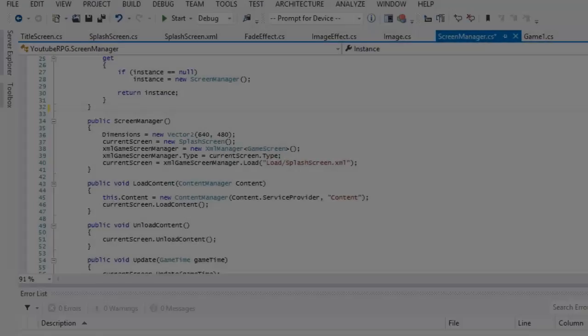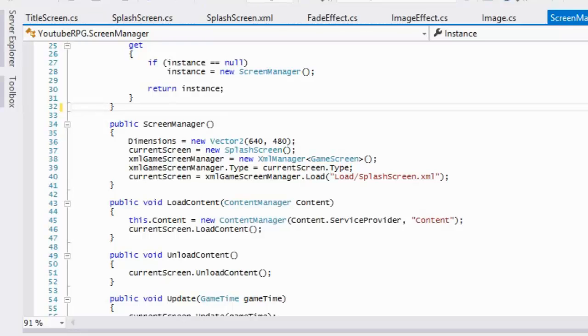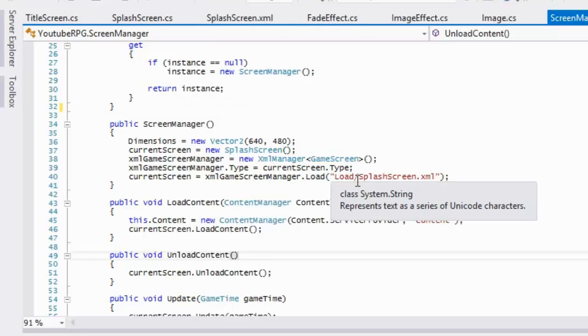Coding made easy. What's up, everybody, and welcome to your next Monogame RPG tutorial. In this tutorial, we're going to be adding the fade effect to our screen so we can transition from one